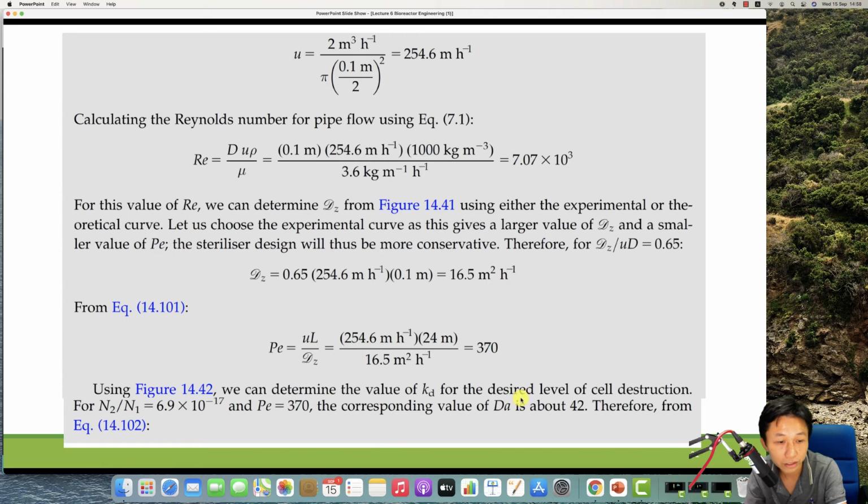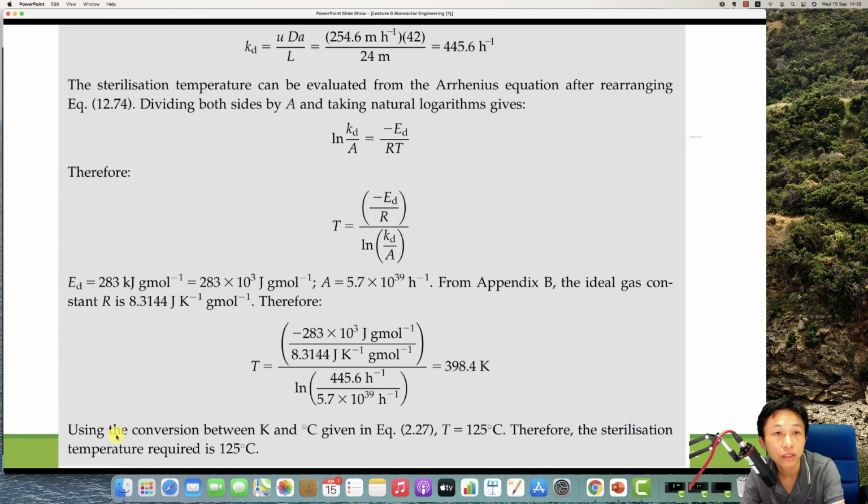For this equation, 14.102, and then we have KD, which is how we calculate the death. Then we put it in this Arrhenius equation and try to find the temperature, which is nearly 400